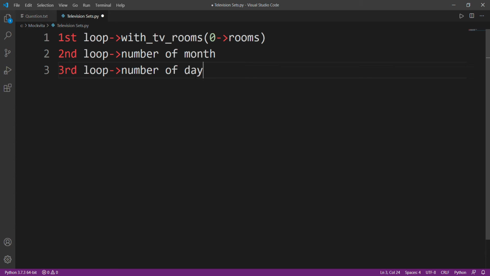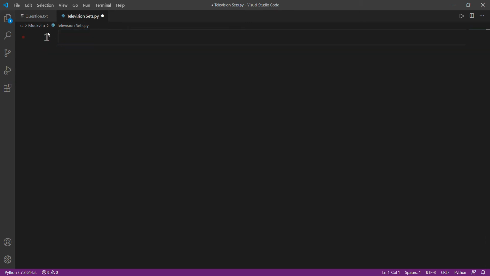Now, to me, this was the first part of the question, how to start the approach, because to some people it might seem a little confusing, as you have so many variables: you don't know the month, you don't know the day, and you need to know the with-TV rooms and without-TV rooms, all that. So I believe we are done with it. Now the second part is a set of conditions. Let me show you. Suppose I take some variables like patients. We can easily calculate the number of patients, and the total number of rooms will also be provided to us.